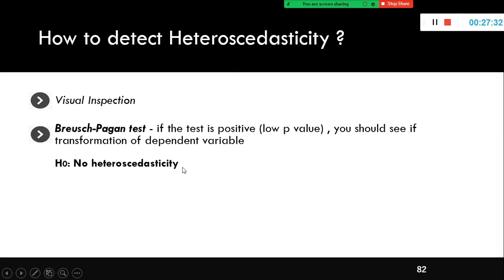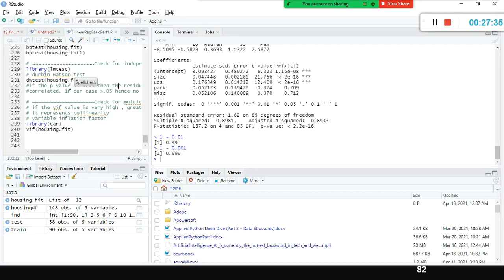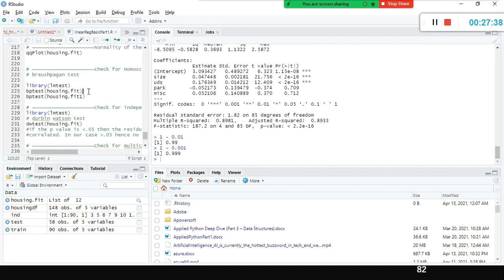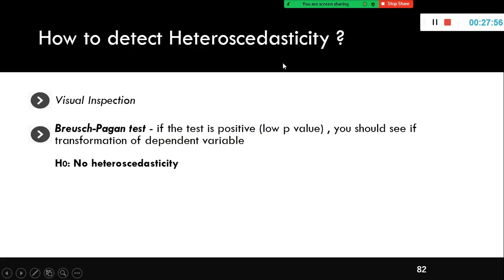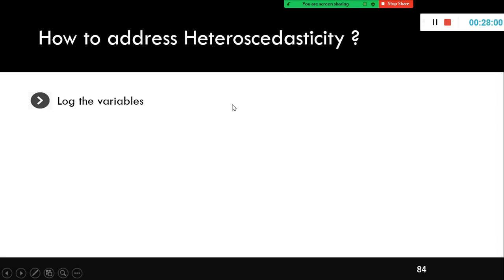In our case it is good. We don't have heteroscedasticity; it is homoscedasticity for the given data set. What if I have heteroscedasticity in my model? Do I have to address it? Yes, you need to take the log of the variables, and then check it out. Supposing I have 100 variables, do I need to take the log of all 100? No, you start with taking the log of your dependent variable and try it out. Most of the time it will settle down.